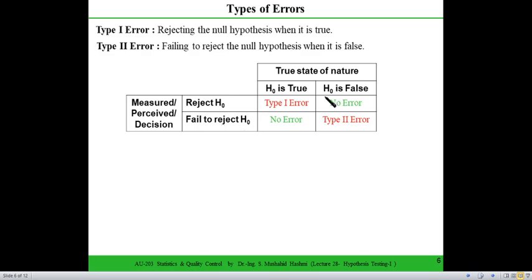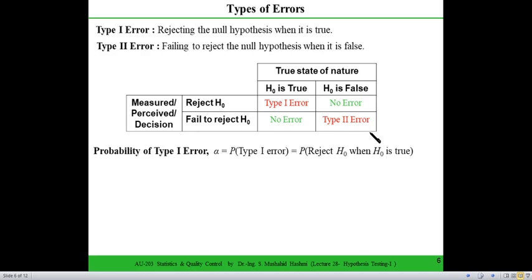So when your null hypothesis is false, which is not true, the right thing is, if it is false and you have rejected your null hypothesis, then you made no error. But if you fail to reject your null hypothesis when it is false, then you made an error called type 2 error. And we use